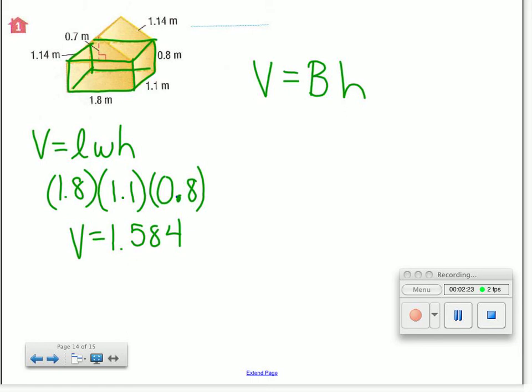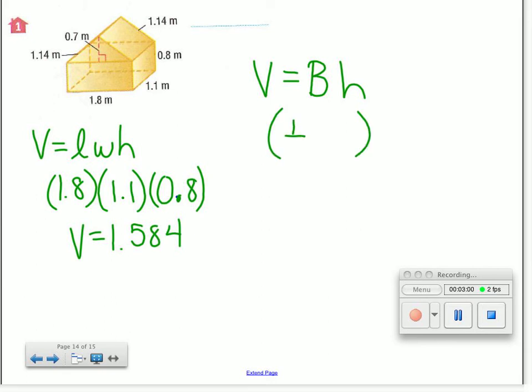Because we're so used to, I'll try to erase this so you can see a little better, we're so used to the bottom part of the shape being the base. Typically it is. It always is with a pyramid. However, the rule with a triangular prism is that it's the 2 parallel sides. So you have the 2 triangles. So the base is the area of the triangle. So the area of the triangle is